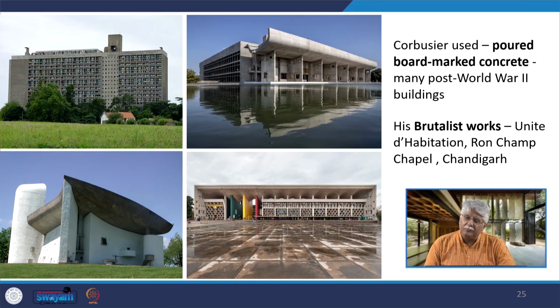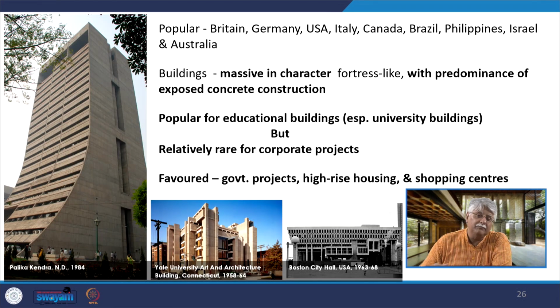Corbusier used this board marked concrete in many post World War II buildings. His brutalist works included Unité d'Habitation, the Ronchamp Chapel, and the buildings of Chandigarh. This brutalism became popular in Britain, Germany, US, and many other countries, and the buildings in brutalism were massive in character, fortress like with a predominance of exposed concrete construction. They were popular for educational buildings, not so popular for corporate projects, favored by the government for government projects, for high-rise housing,